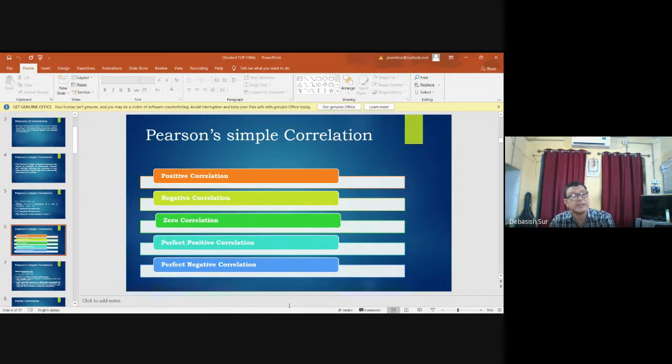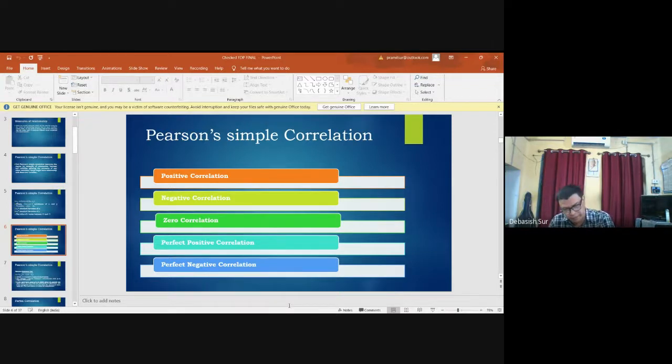Next one is zero correlation. If the value of x is not influenced by value of y, or if the value of y is not influenced by value of x, that means if the values of x and y are independent, then the correlation is